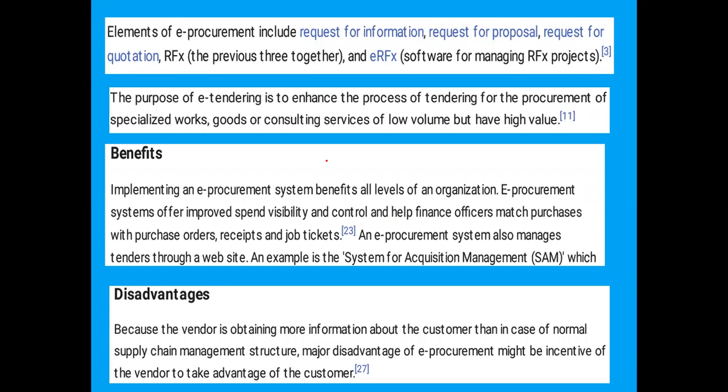Next, elements of e-procurement. What are the elements? Requisition, request for information. For example, if you want anything, you should not ask directly. So definitely you have to go for requisition, request for information, request for proposal. First you go for proposal, request for information, request for quotation. Once the proposal is done, then you will get quotation. What comes next? After request for quotation, once they finalize the deal, next day morning you can go for